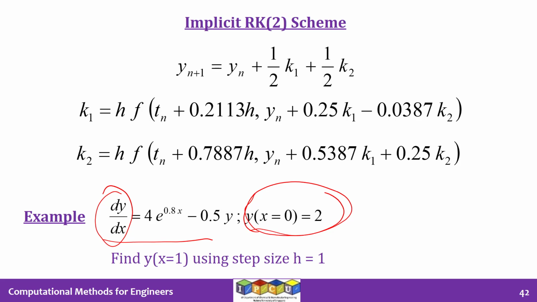So given y0 is equal to 2, we are trying to find out y1, y2, y3, etc. That means the value of y at x is equal to, let's say, 0.1, the value of y at x is equal to 0.2, the value of y at x is equal to 0.3 and so on. So from y0, we are trying to find out y1. Once we find out y1, we will determine the value of y2 and then y3, etc. So it's a marching problem, as you have seen many times.